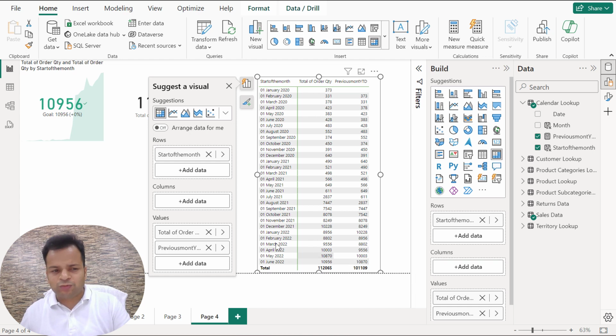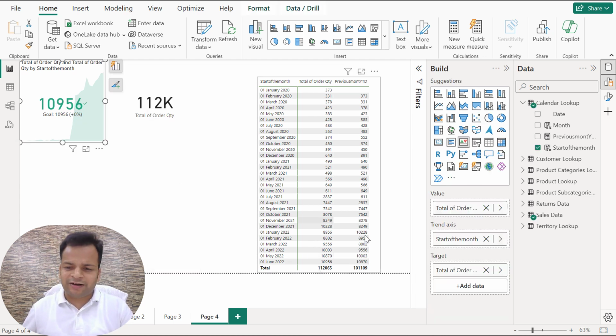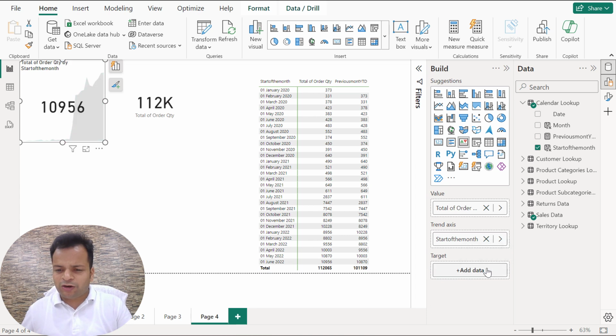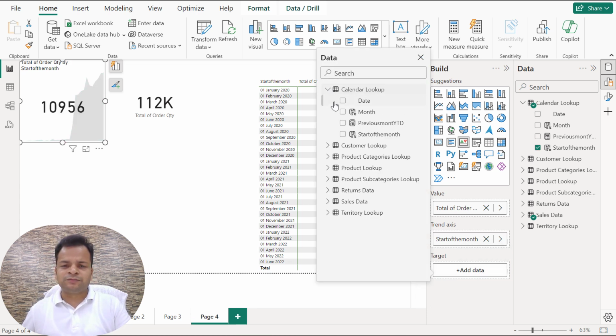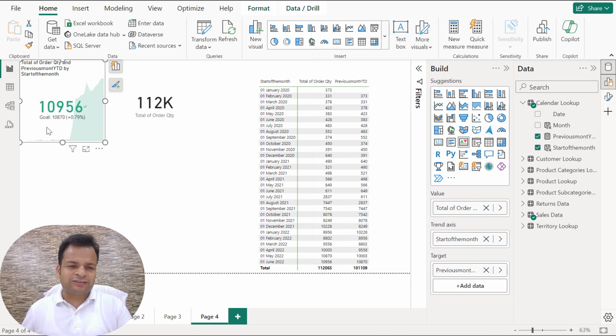That is coming from this one. Now I can change the target. I don't need this total of order quantity. I am simply adding this previous month YTD, and you will see this time it is comparing 10,956 with 10,870.